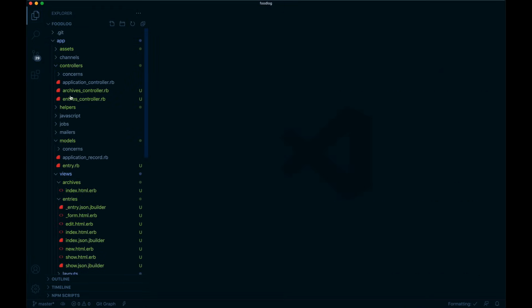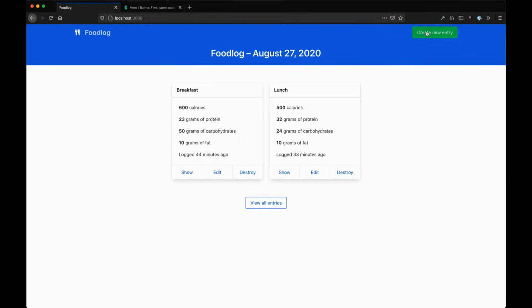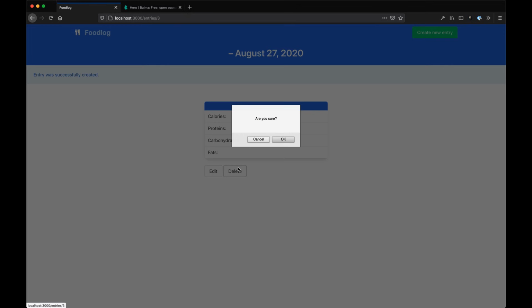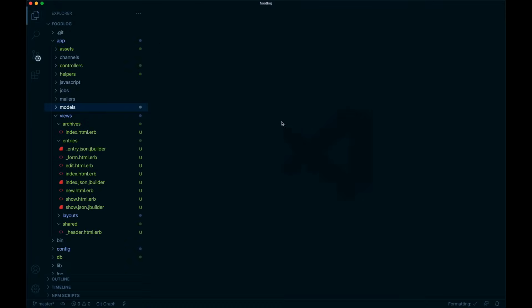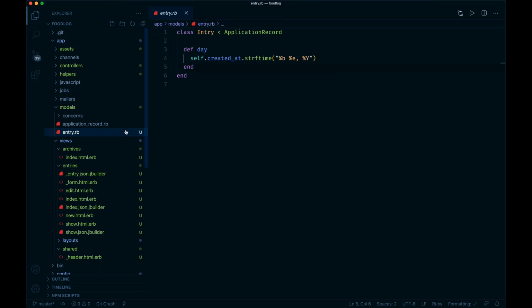Right now, if you were to submit the form on any creation of a new entry, it would submit without anything, and that's not what we want. So we want some validations there. And what's great is you could do such that in your model, you can display those specific validations based on what you want to pass. So in our case, we want to validate that they're actually present. So a way to do that, and there's a ton of other validations, I just want to show you how it works right now. We want to make sure there are calories,